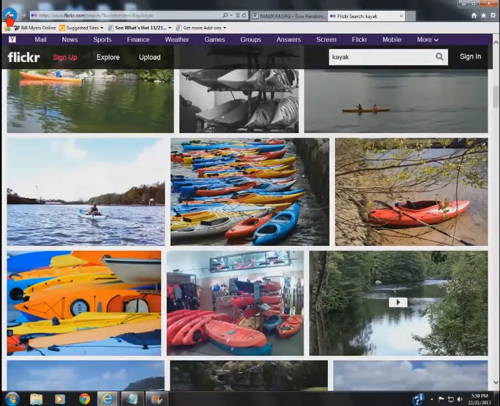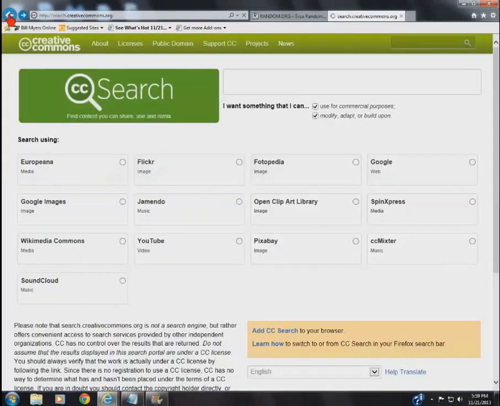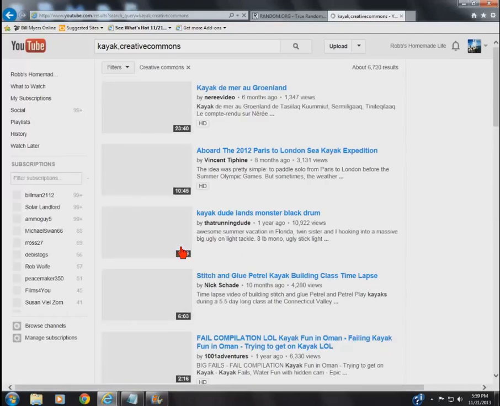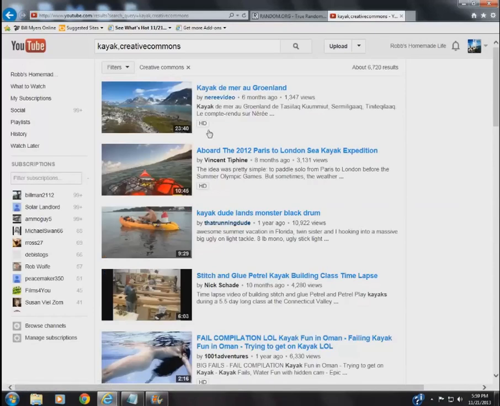All right, that's pretty good. Now, also we have Wikimedia Commons, Google Images. We could get photographs there. We could even search video for YouTube. So all of these videos are Creative Commons, where the author has given us permission to reuse them and remodify them if we give attribution.